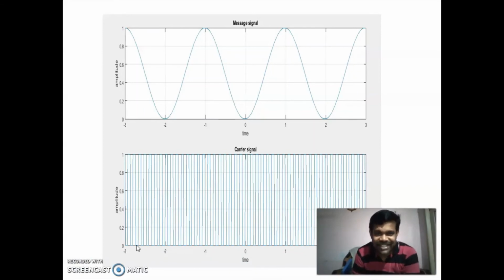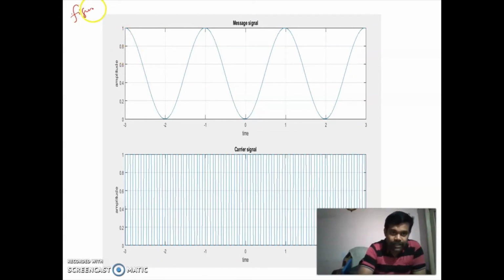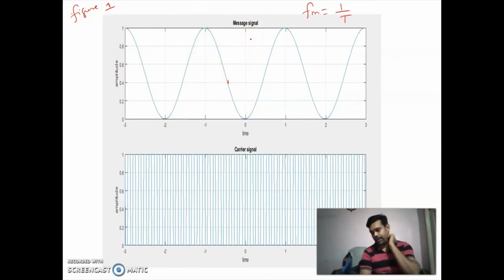Hello students, this is the output. The previous one is not the output, this is the output. This is a message signal. Already I have told you that we plot in two figures. This is figure 1, and while running the program you will get this as output. In this figure 1 you get two signals, the message signal first, whose amplitude is 1 volt. From the frequency you take the time period and draw one cycle within it, then continue similarly.